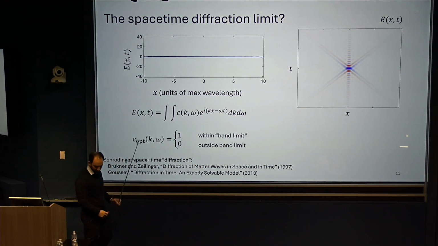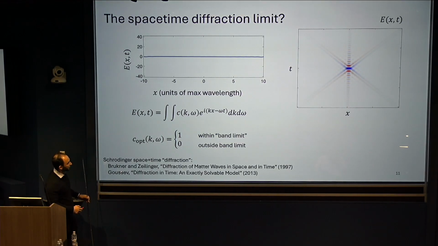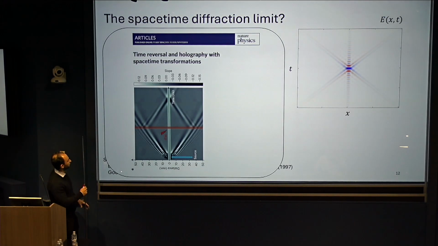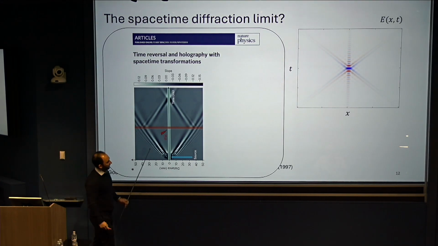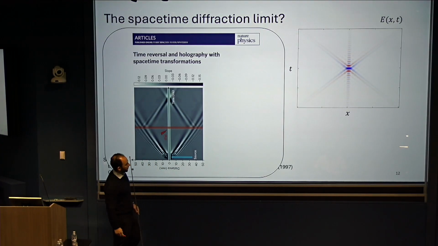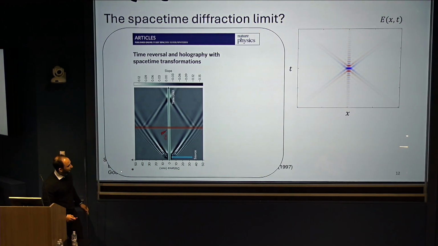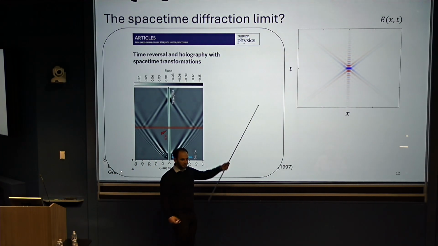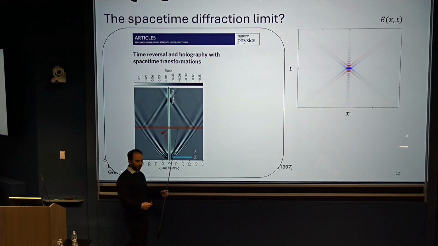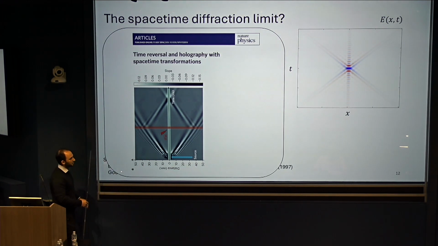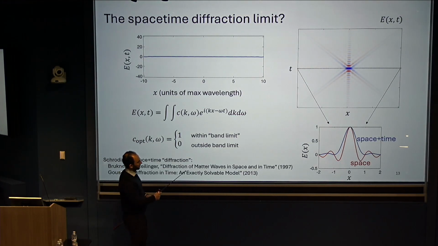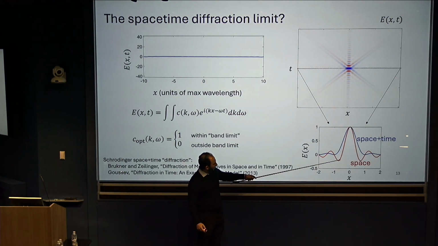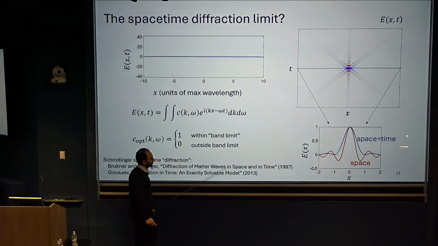These types of field patterns have been very beautifully seen in experiments. Here's a very nice paper from Professor Fort, where they see water waves going outwards and then refocusing in time. But I haven't seen very clear and good characterizations of these exact fields. And in fact, if you zero in at time t equals 0 and say, how localized is this field in space, it's significantly less localized than the fields we just looked at in the monochromatic case. So in the monochromatic case with an Airy-like pattern, you get the red electric field here.